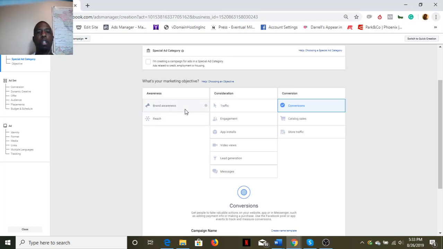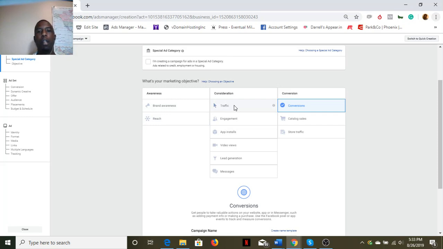Pretty self-explanatory. Facebook does from time to time, or maybe all the time, just depending on what type of brand awareness campaign you have going, send out surveys to people who have viewed or would have been likely to have viewed your ad, and just kind of questions them there if they recall your ad at all. So the goal there is just to get brand awareness, and recall is the thing that you're focusing on there. Reach is just to reach everyone who's in an audience, and we'll talk about audiences probably a little bit later on.